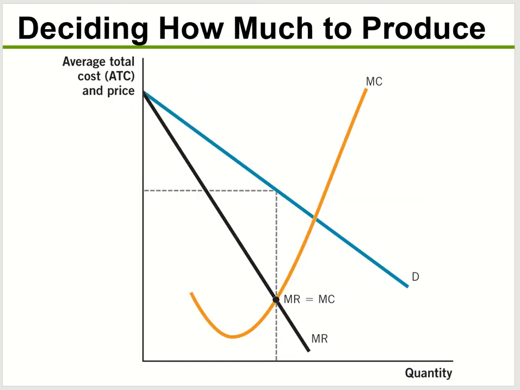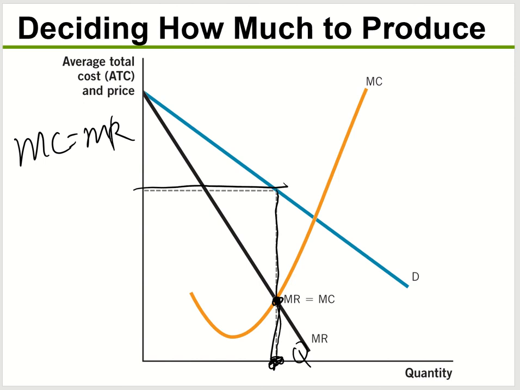All right, so let's look at our graph over here. When you see a graph like this, what is the first thing you do? You probably remember this from chapter 9: the first thing you look at is where the marginal cost equals marginal revenue. So right here is our first point. Once you see the marginal cost equals marginal revenue, go down and get your quantity. Quantity is right here. Then go back up to your demand curve. Right here on the demand curve, that is our price.